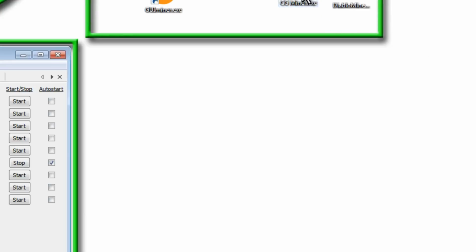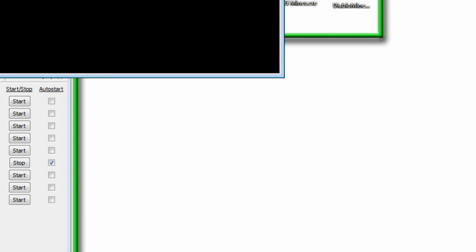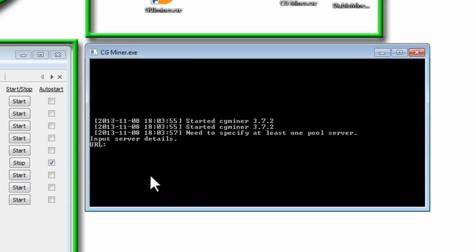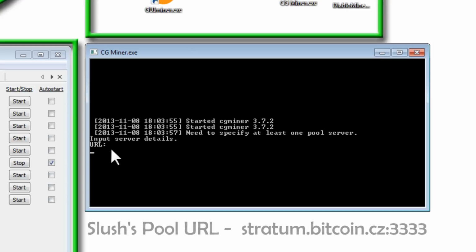So I'll close out of here and I'll launch CG Miner. When CG Miner launches, it's just this black command prompt window. It's pretty basic. It might scare some people, but it's not that confusing. So let's get started. Everything I'm going to show you with CG Miner is going to have to do with Slush's pool because that's the pool I'm in and that's the pool that I showed you how to set up in the previous video. So it's asking us for a URL and the URL for Slush's pool is the following: stratum.bitcoin.cz:3333